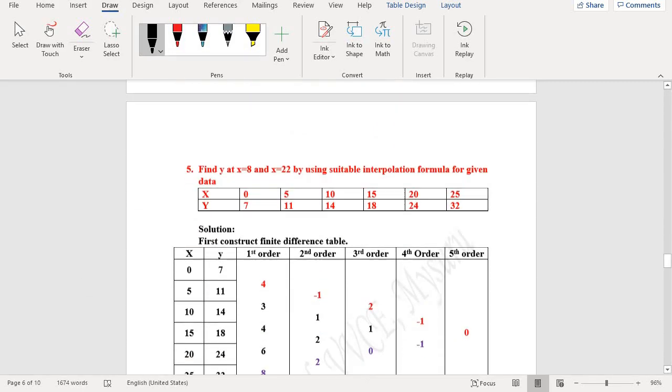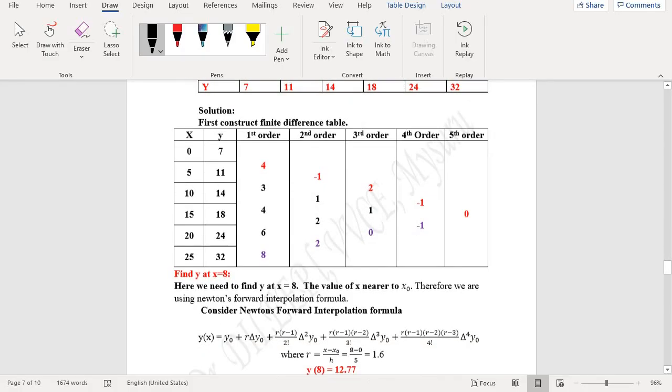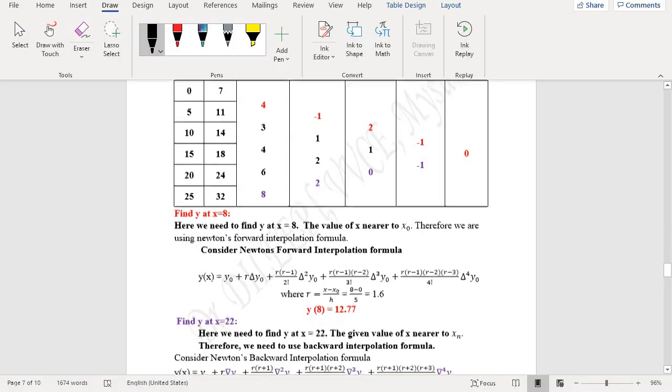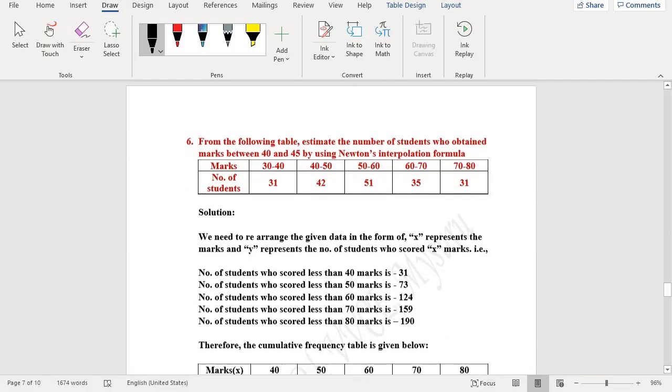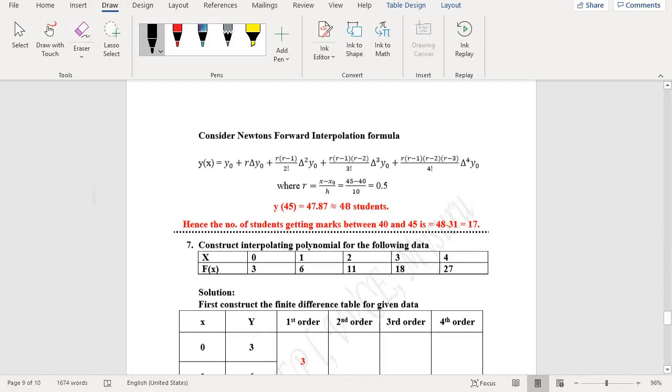Similar to the problem number 4, I explained one more problem here, problem number 5. You can go through the notes. I will send you the notes shortly. Okay. And problem number 6 and problem number 7 I will explain later, because these two problems are very important and you need it very much. Okay, so continue in the next class.